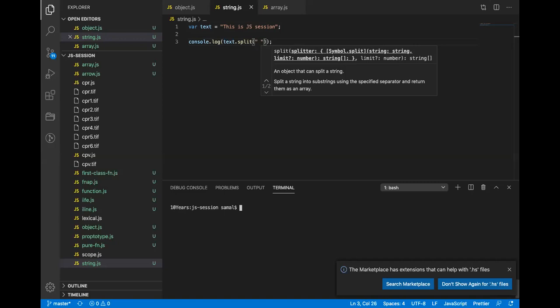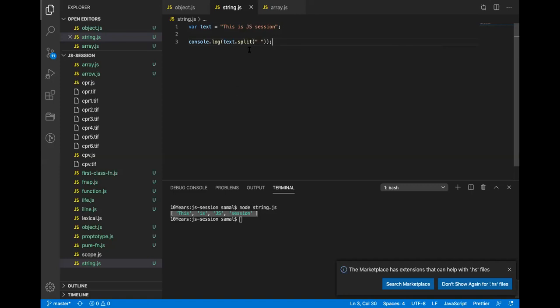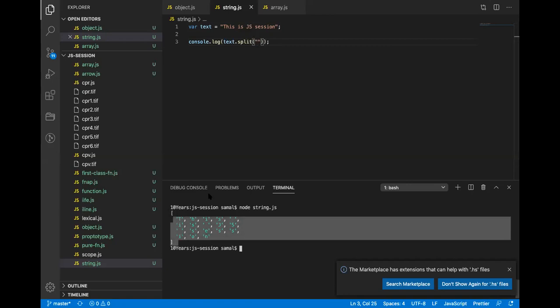So it will basically split and return an array, just like in an array we use join, in a string we have split. Array में join होता है values, string में split होता है. If I run this, it splits the value using space and gives you an array. Now if I split using JS, it will find the value JS and split it into two values. If I use a space, there is no space, so it is split into all the empty string values, creating a completely new array.